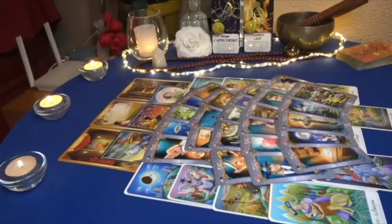Okay, so we have something here that's really good. It's going to grow, and we have a career track. We have also an expedited, streamlined process when it comes to a career track. Going from the One of Pentacles to the Ten of Pentacles, there's going to be very quick and swift promotions. Okay, I feel like they're really telling you to stay put. You didn't make the wrong choice. It was growing pains. It needed to happen. Okay, and then I feel like it's going to resolve itself,